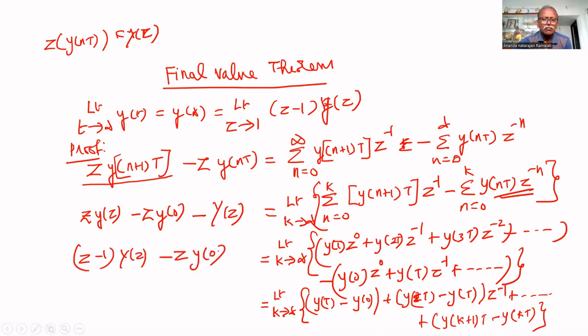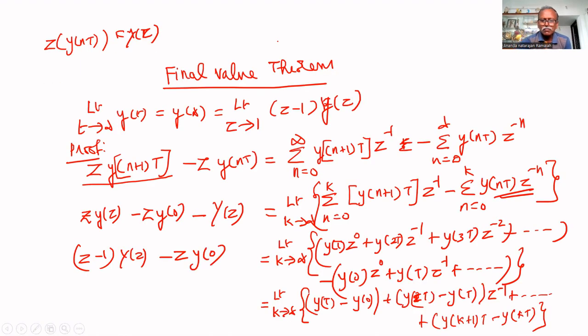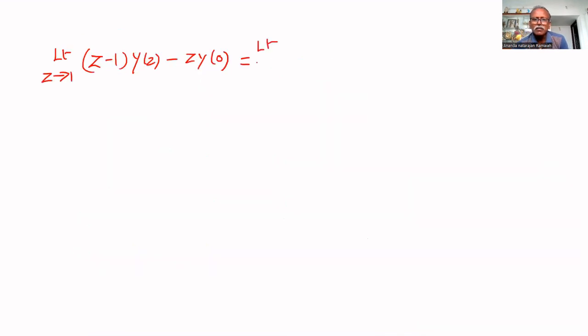This is the left hand side, equal to the right hand side. On the right hand side also we are taking limit z tends to 1, limit k tends to infinity. What you are getting is y of t minus y of 0